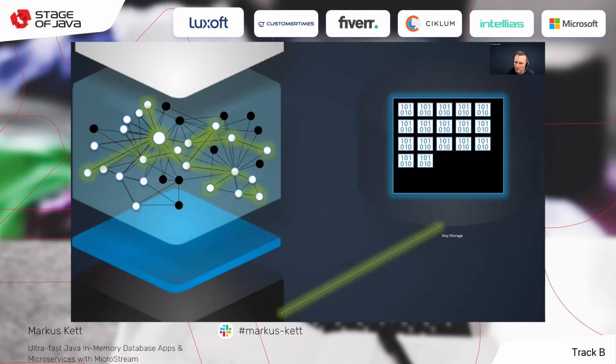Call the get methods, it loads the object reference, mostly subgraphs, into the memory. And the JVM cares for the memory management. The lazy references can be cleared anytime. So if you want to save memory or clear your memory, then you have full control of your lazy references and can clear your lazy references anytime. And if you call the get method again, then MicroStream loads the object reference from the storage again.